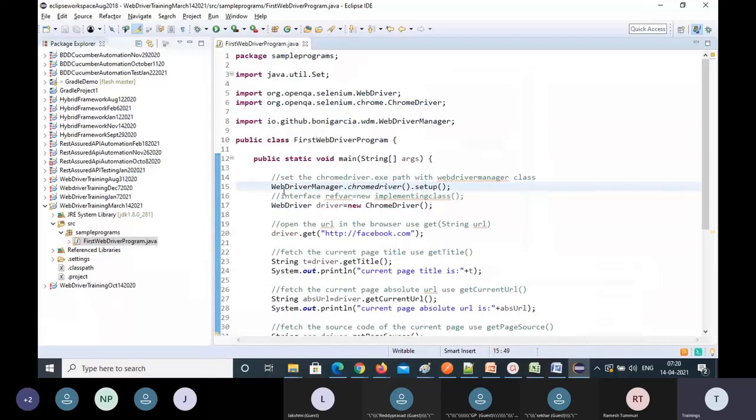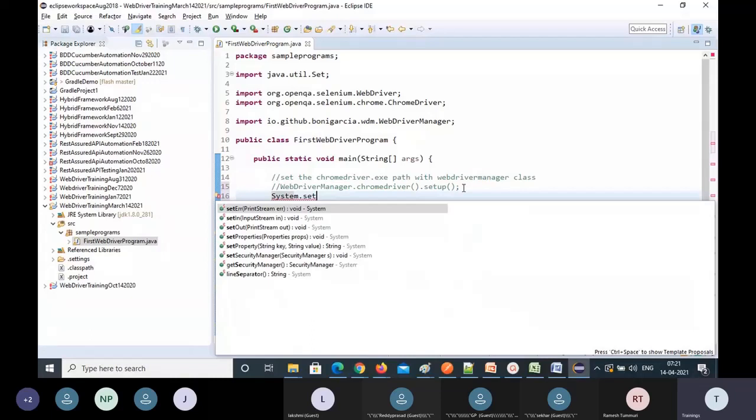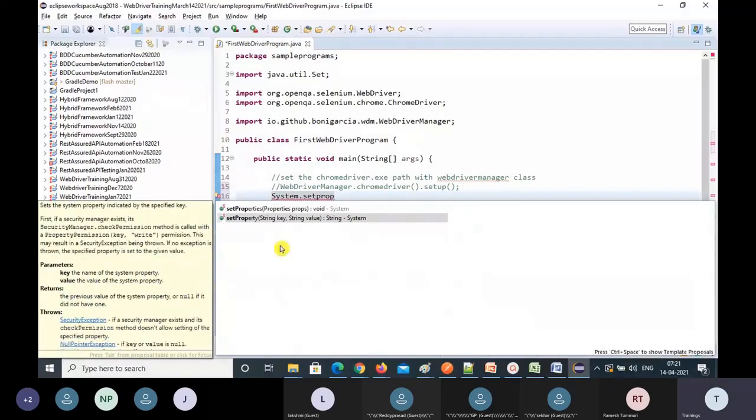Now this is not working. The WebDriver manager is not working here. So what we need to do is just specify the path. System.setProperty. You have a key-value method in the System class. This is a static method, so how can you call a static method? ClassName.staticMethod.